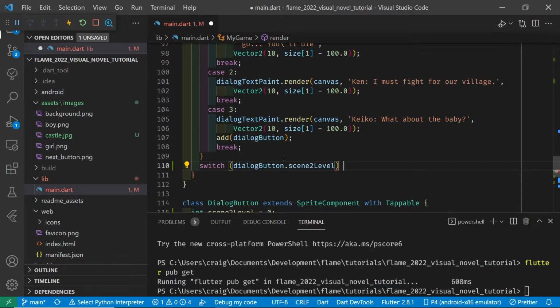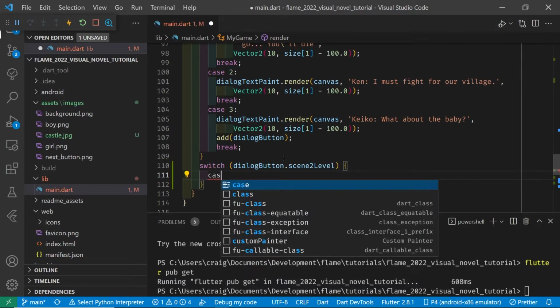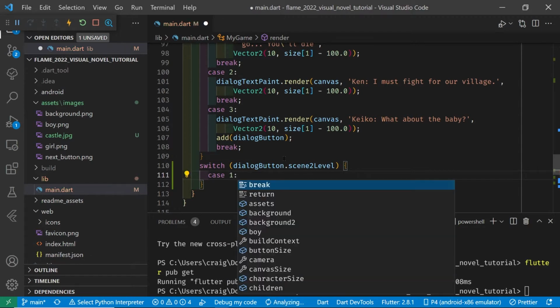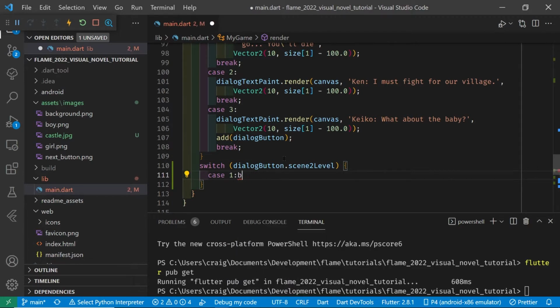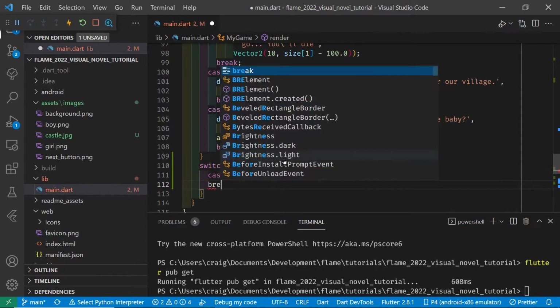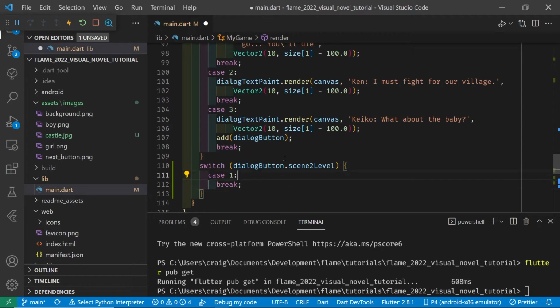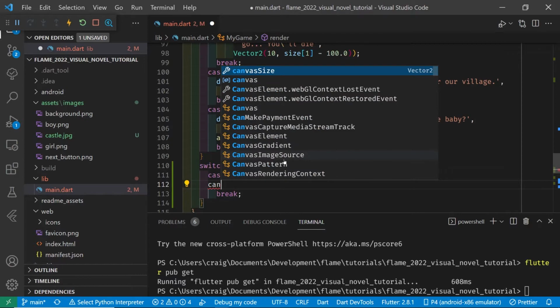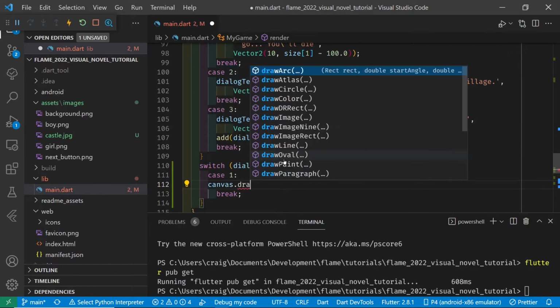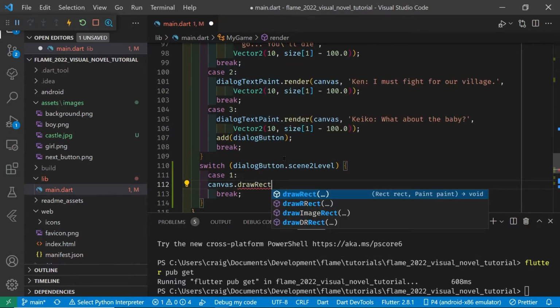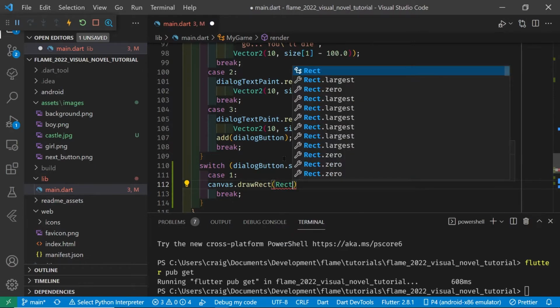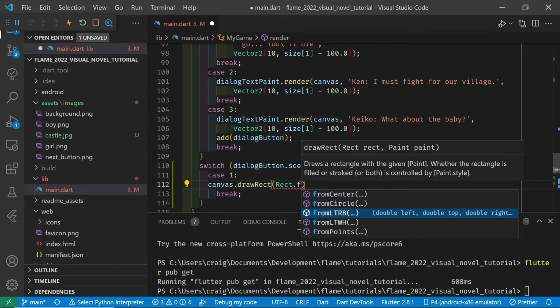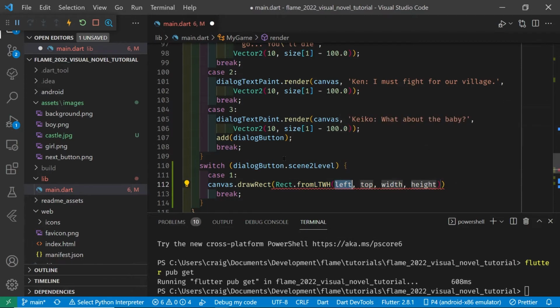We're going to access the instance variable scene 2 level directly from the dialog button. And if the case is 1, so if we increment it from 0 to 1, it will be a new scene with a different background and different positions and different text. The dialog is drawn on a black rectangle on the bottom of the screen. So I'm going to clear out that text area by just drawing another rectangle that's the same size, and we'll